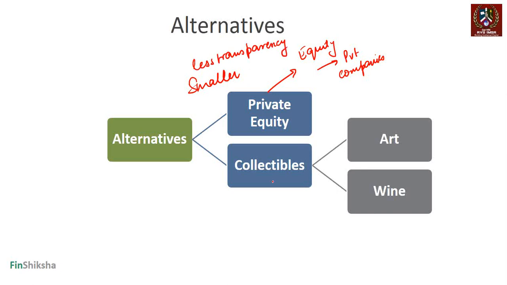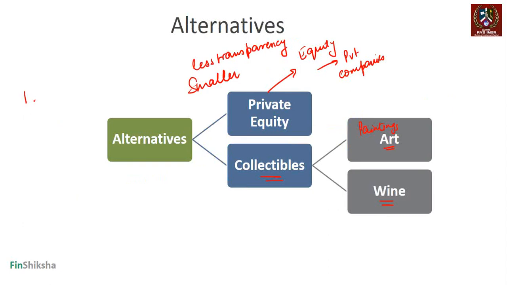Worldwide, interestingly, there is also something called collectibles. People collect art, for example, paintings, and there is a buying and selling that happens in paintings. And if you sell a painting at a higher price than what you bought, that's considered capital appreciation. You'll also be surprised to know that similar collections happen with wine as well. So art, wine, these things are considered collectibles. People buy them, keep them for 10, 15, 20 years, and then they could make a capital appreciation based on that, right?